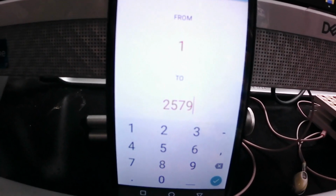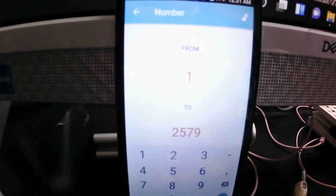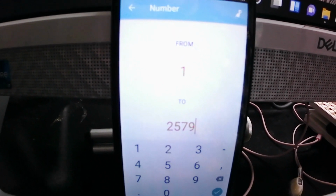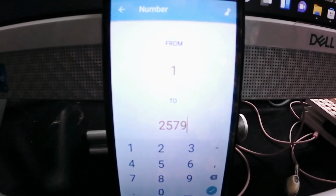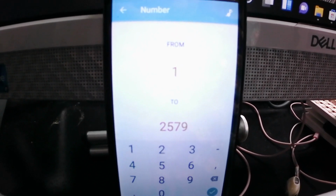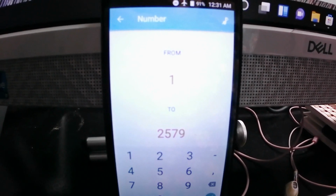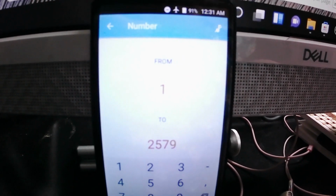So this is the number of books I have on my to-read list, and I know it looks like a lot, but it doesn't include just the books that I have to read. It also includes all the books that I've found interesting since I started my Goodreads account. So let's go ahead and press